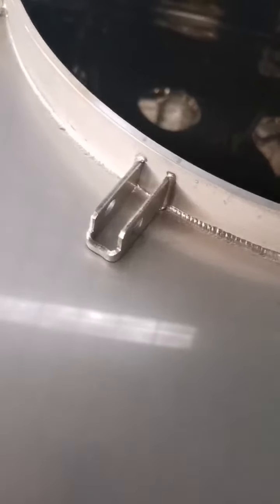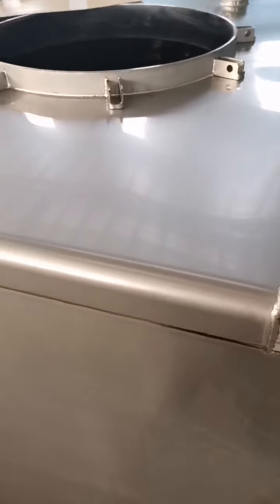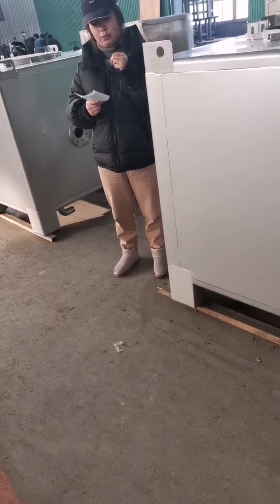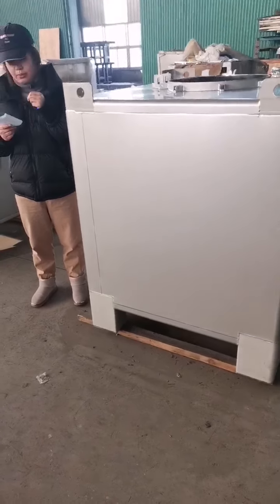And for the sealing ring, we often use Teflon material. After years of testing, this material has a very good sealing performance. We usually use this kind of material for the sealing ring. Of course, there are also materials such as silicone gel and fluoro rubber to choose from. Regarding the tightness, our tanks will be inspected for air tightness after the production is completed. After the inspection is qualified,